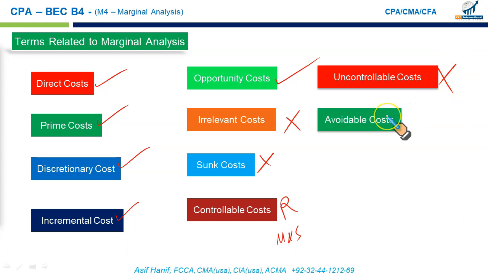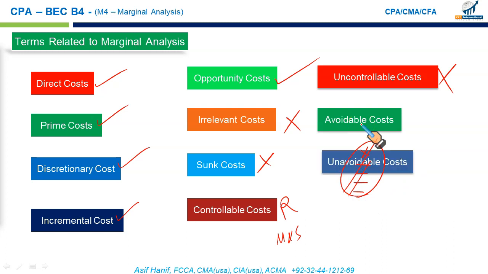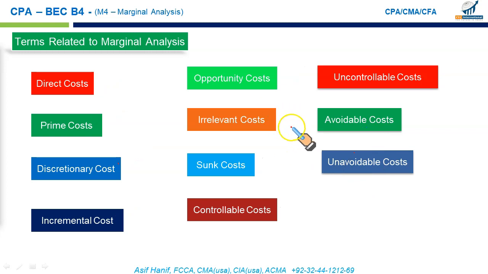Next, we have the avoidable costs and avoidable revenue. Avoidable costs are the costs that can be avoided, like if I am producing product X, incurring certain amounts of material, labor, or overheads, and if I decide not to produce X, the cost that I will save, I will no longer have to incur. They are called avoidable costs. And unavoidable costs are the costs which, as I said, you have to pay no matter which option, which decision you take. You have to pay them. Like rent, insurance, property taxes, they are the costs which have to be paid, hence they are irrelevant.